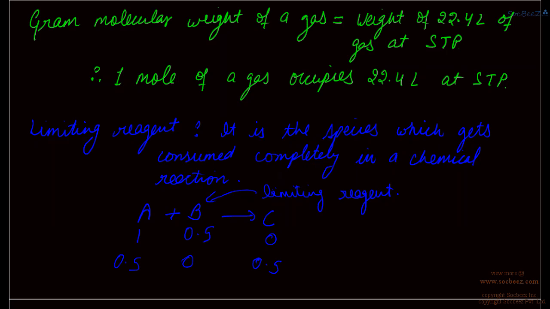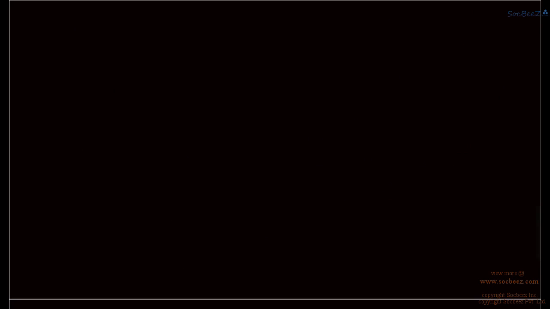Okay. Now, remember that in case of any dilution, number of moles remains constant. Suppose we have got 100 ml of 1 molar solution of NaOH and we want to dilute it to 0.5 molar, then the initial number of moles of NaOH and final number of moles of NaOH are going to be same. They are going to remain constant. So we use the formula M1V1, that is the state 1, molarity before dilution and volume before dilution, equals